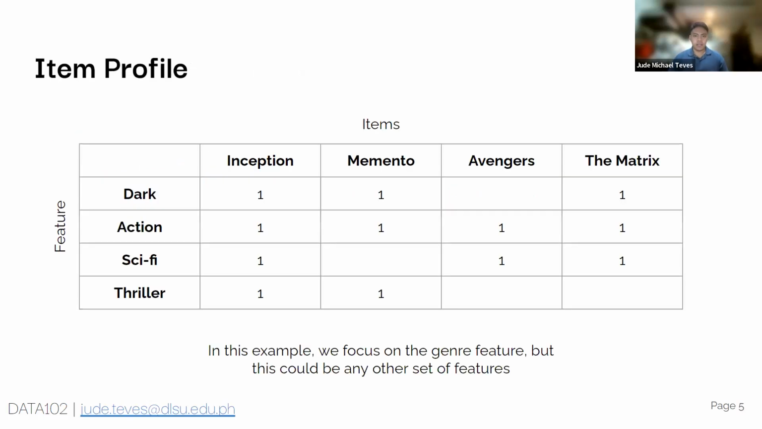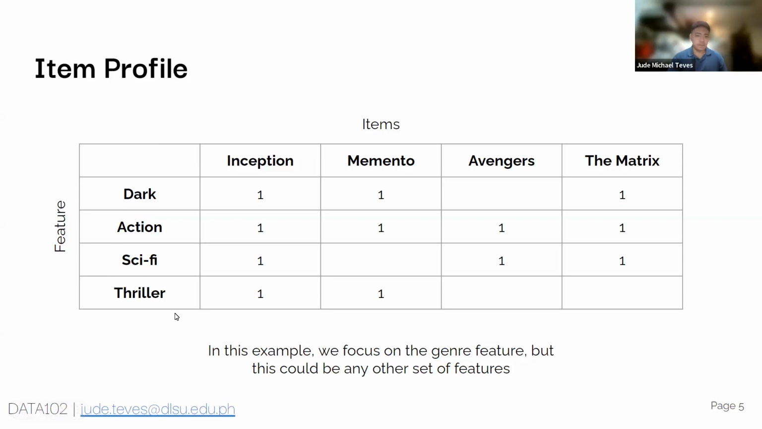So let's start with this example. Say we have different movies here: Inception, Memento, Avengers, and The Matrix. Again, I have used those movies because I'm into dark shows and action ones. Here are the features for those, or these are the genres in this example. We're only focusing on the genre feature in this example, but this could be any other set of features